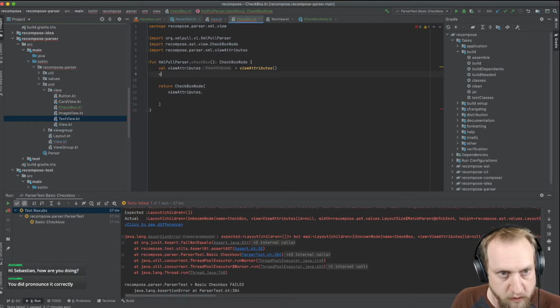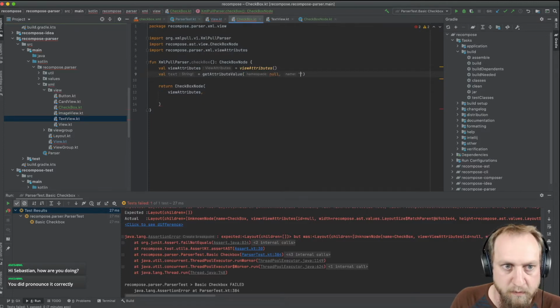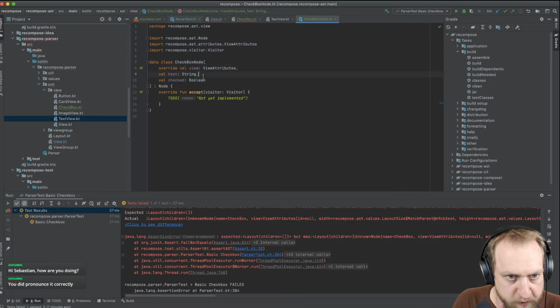So if we say the text, get attribute value, we pass in null as a name, as a namespace, because we have set up the XML pull parser to ignore namespaces and not check them. So we need to now define inside the name that we want to use Android text. This will give us the text. It can be null. So I think we didn't design for this here. This needs to be nullable, and the checked state is actually interesting because